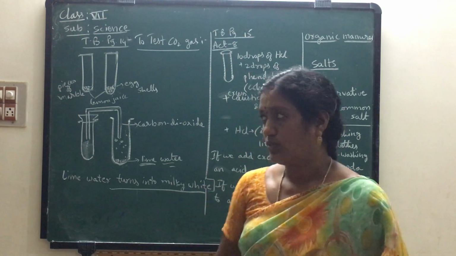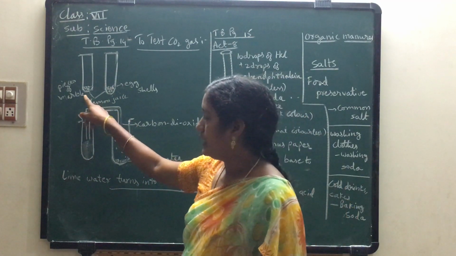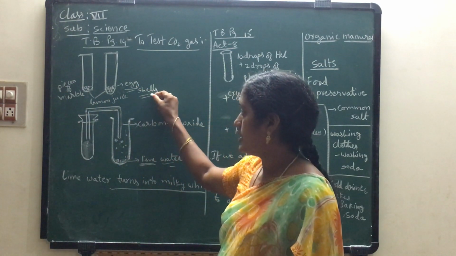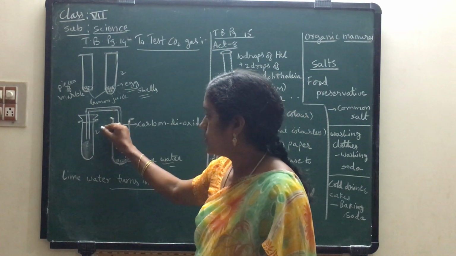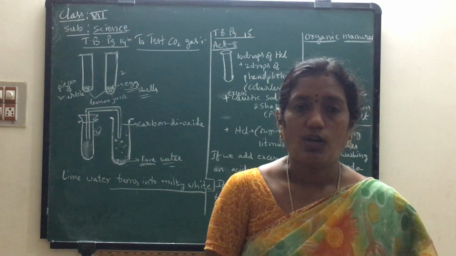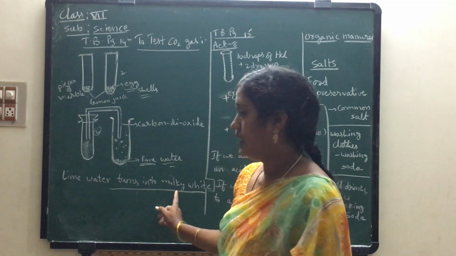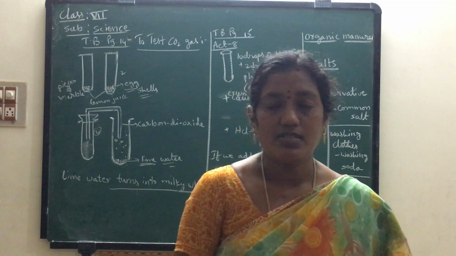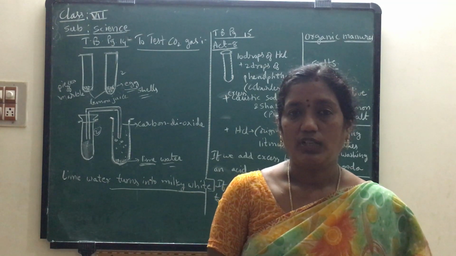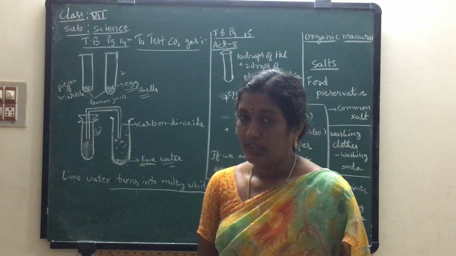So we have fixed two test tubes here, children. In the first case also some gas is released, but here there is no carbon dioxide gas. Only when you are adding eggshells, if you are keeping the second test tube here, then only from the eggshells will we get carbon dioxide gas. If that carbon dioxide gas mixes with this lime water, then it turns milky white. This is the best test for carbon dioxide identification. So finally lime water changes into milky white. Children, this is the test for carbon dioxide gas.